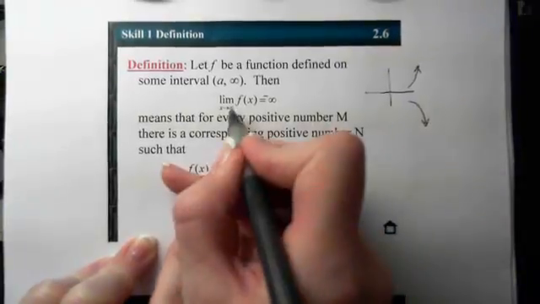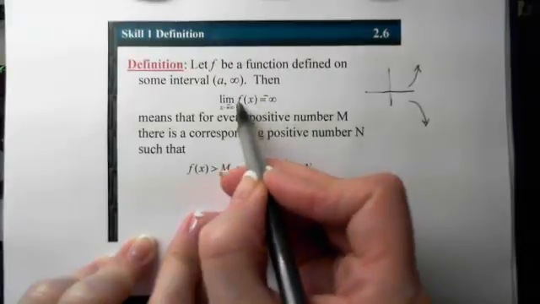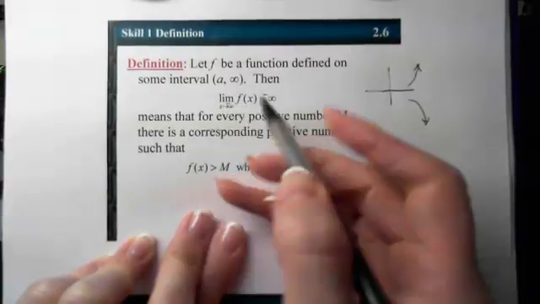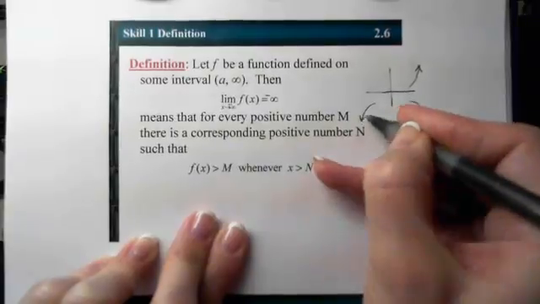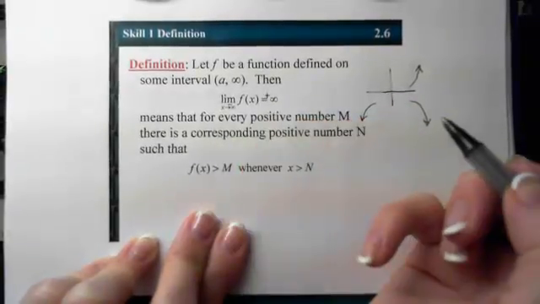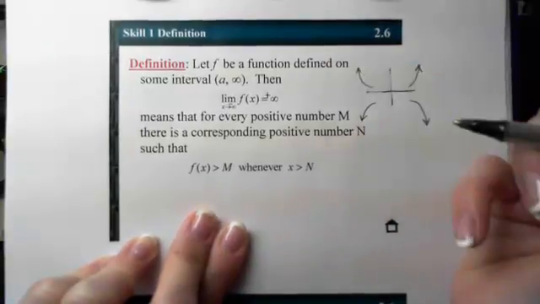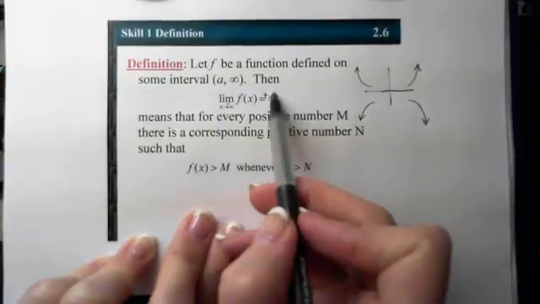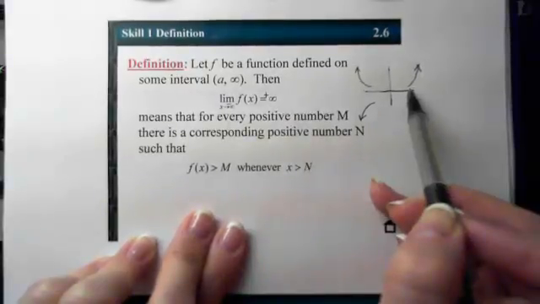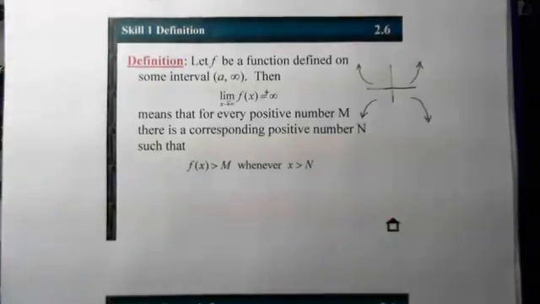If I change this infinity to a negative and keep both of them, then here my y coordinates are becoming smaller and smaller in the negative direction as I move left. So that would correspond to a graph that's doing this. And my last incarnation would be if I change those outputs to positive. As I'm moving left, my y coordinates are becoming unbounded. So you need to be able to interpret these types of statements visually into graphical representations of the same information. So we can now apply that